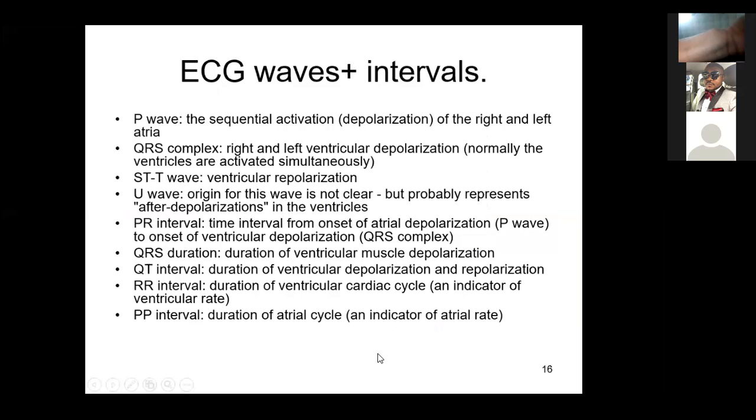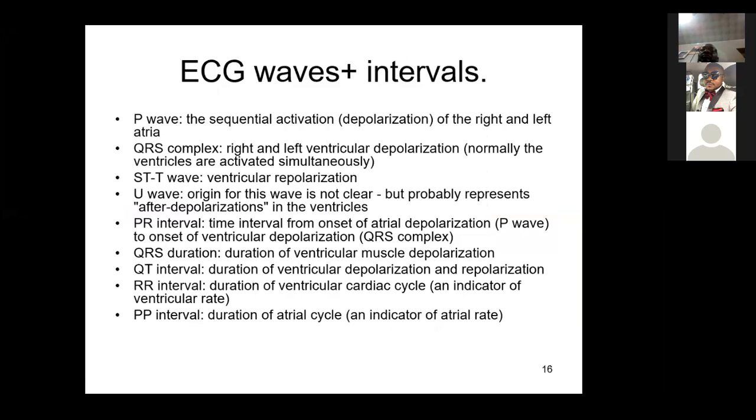The ECG waves are as follows. The P wave shows the depolarization of the right and left atria. QRS complex, right and left ventricular depolarization. ST-T wave, ventricular repolarization. U wave, the origin of the wave is not clear, but probably represents afterdepolarizations in